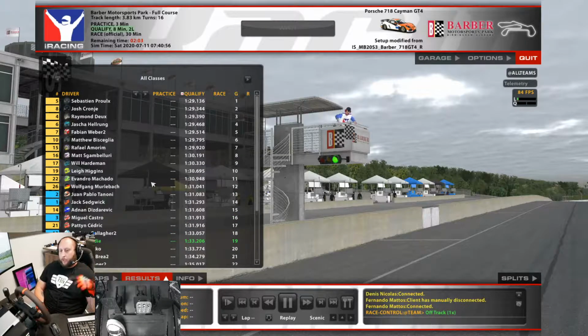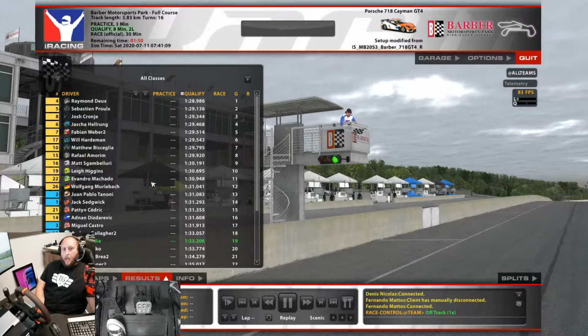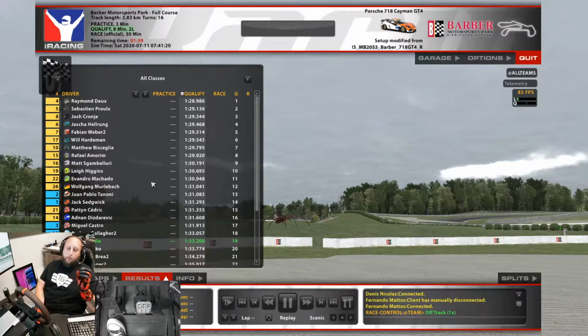The cool thing about these races is, well, I say the cool thing, it's not really the cool thing. I prefer a standing start, but just like the real races, it's a rolling start. So we'll do a lap around the track behind the pace car, and then we'll do a rolling start. I don't really get as much of an advantage there, but it does help keep some of the carnage down, because the standing starts, as you guys have seen in the Porsche Cup Series, don't really